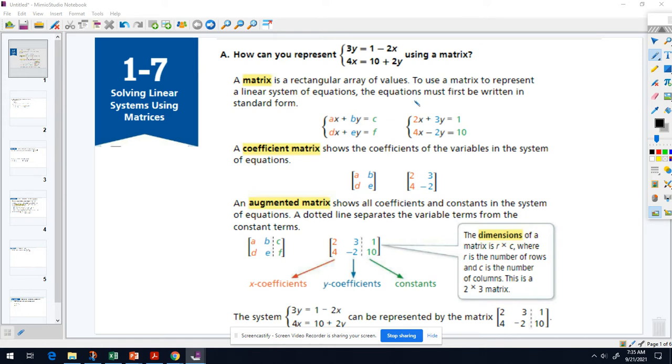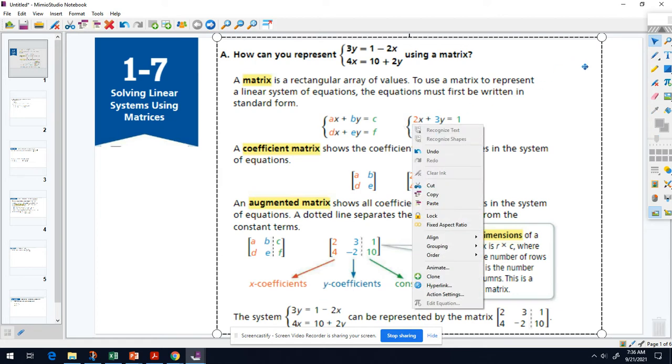To use a matrix to represent a linear system of equations, the equations must be written in standard form, which means it must go x plus y equals a value. So we have to make sure they're in standard form. We're going to really look at augmented matrices because we're going to set them equal to the answer. But a coefficient matrix just shows the coefficients of the variables. So really this is the key idea. Anytime you see a number that's in front of